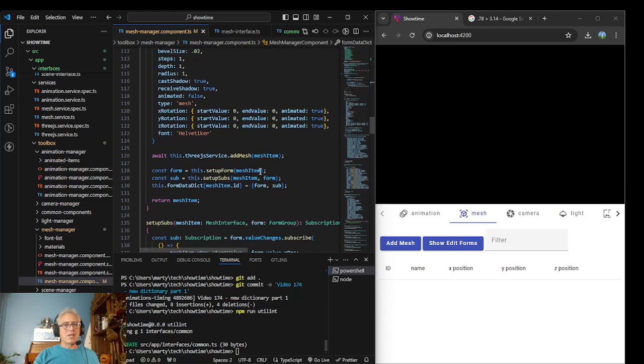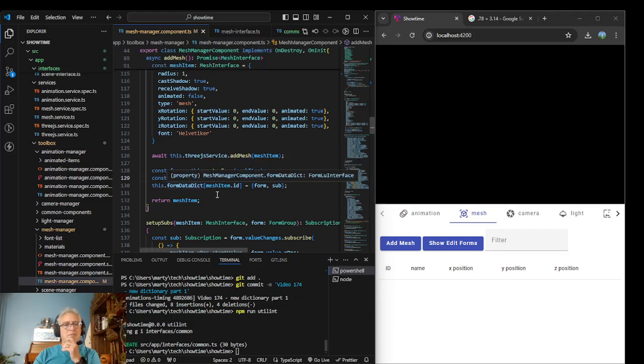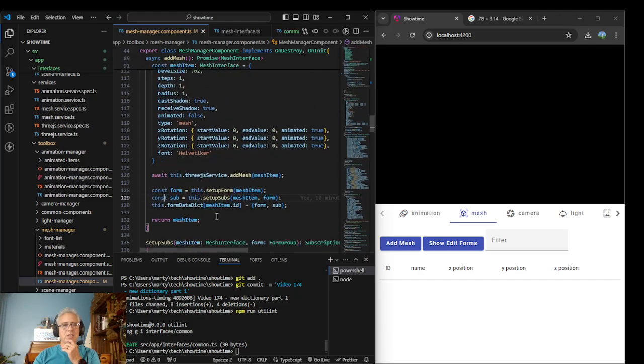So basically right now, I did that right after, and I actually added the form data dictionary. So yeah, I did not do this on camera last time. I apologize. I hate it when people do that. Inside this function here, add mesh, I have updated the form dictionary. So now in our mesh component,